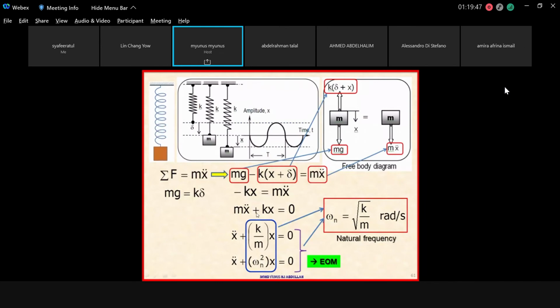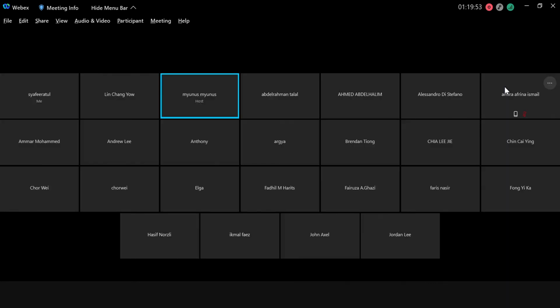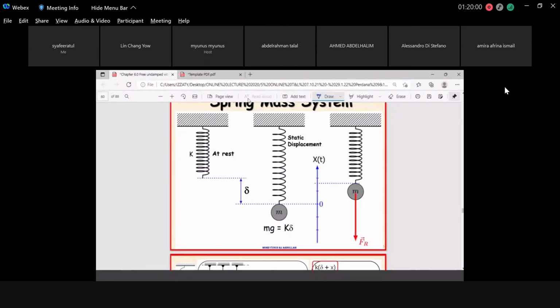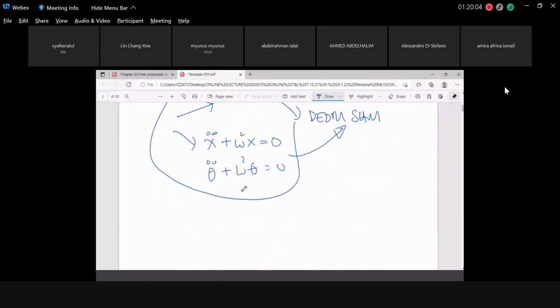Okay, how this equation is going to be generated, I'm going to share with you now. Okay, now I'm going to stop sharing here. I'm going to open up the other file, because when I keep on one slide, I think